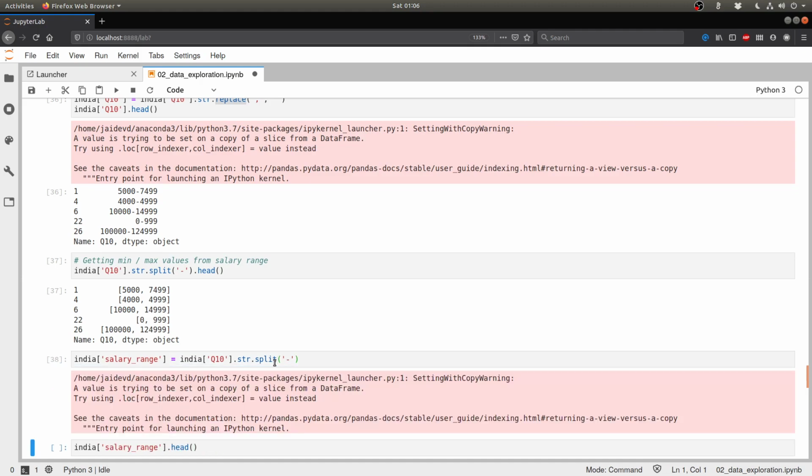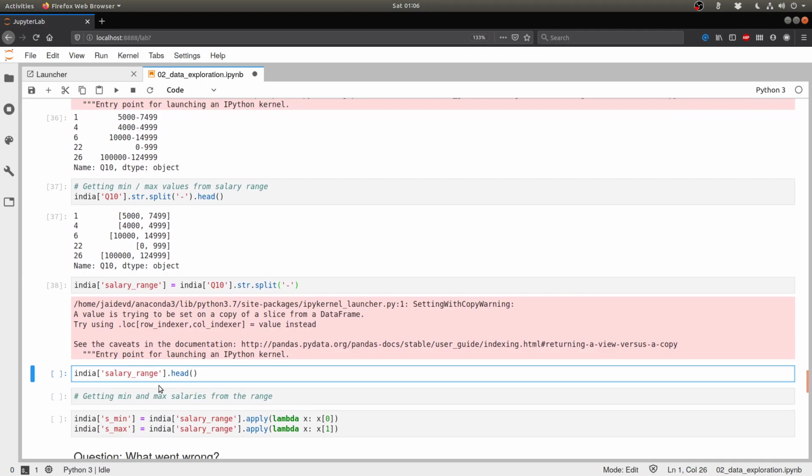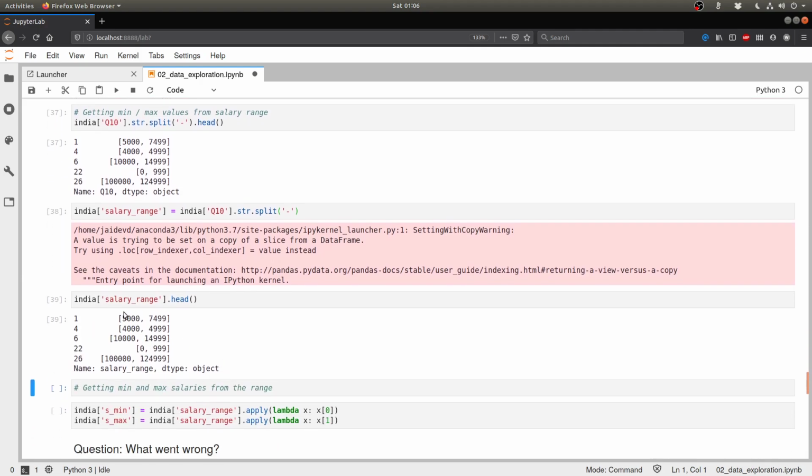So let's do that, and when we look at the head, this is what we get. Now this is present as a new column in the India data frame itself. Now what we need to do is get the min and maximum salaries from this range. For example, here the minimum salary is 5,000, the maximum salary is 7499.